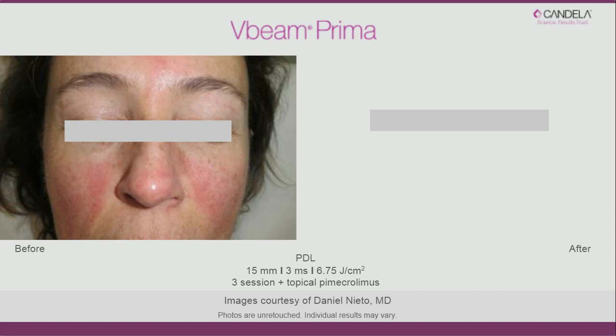This is another patient with a pure form of erythematous rosacea with very frequent flares. In this case, I use the 15 millimeter spot with 3 milliseconds, 6.75 joules per square centimeter, not purpuric